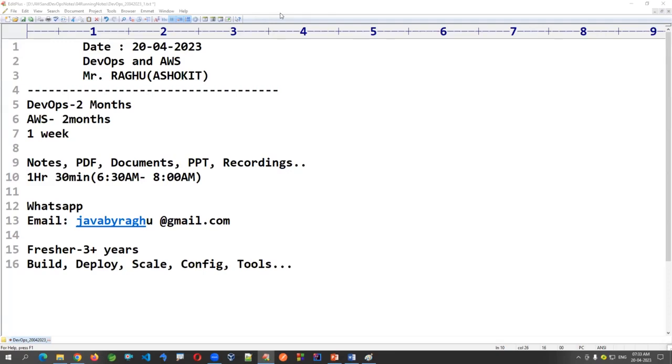Is there any possibility to increase the time duration, like on public holidays? We'll plan according to that. It's not like one person, right? On Saturdays and Sundays I'll take a bit lengthy session. The major thing is that some people will be attending from other countries also, so it's a time zone issue. We'll interact with everyone. If everyone is okay, I have no issue continuing for a long period. Definitely, I'll consider this. Okay, thank you, sir. Any other questions? No, sir.